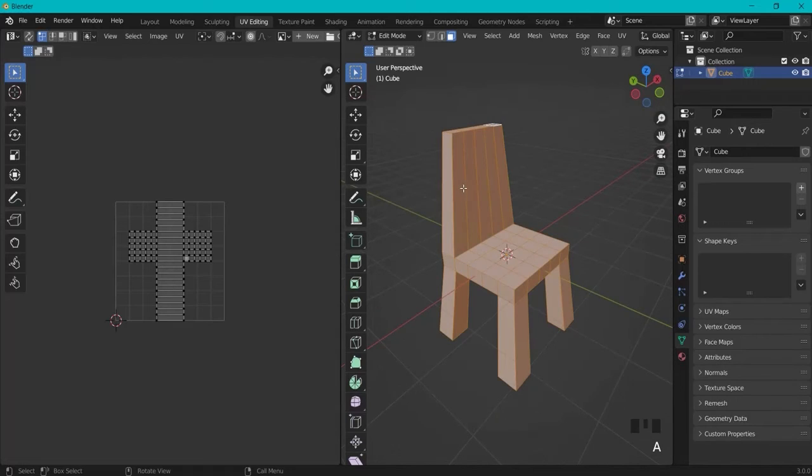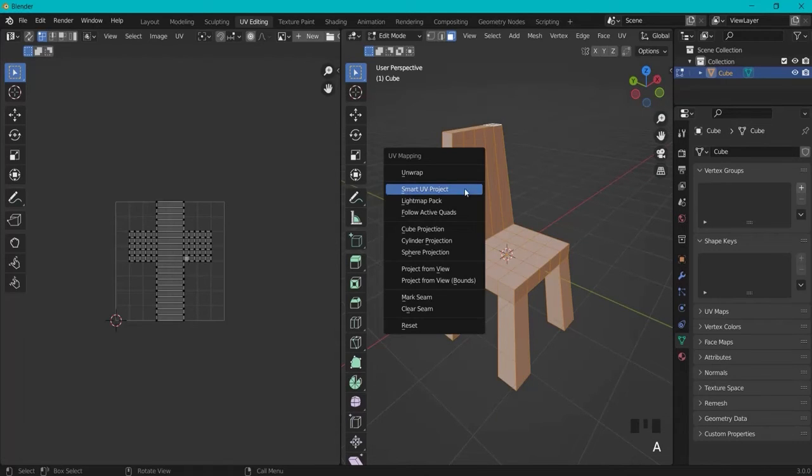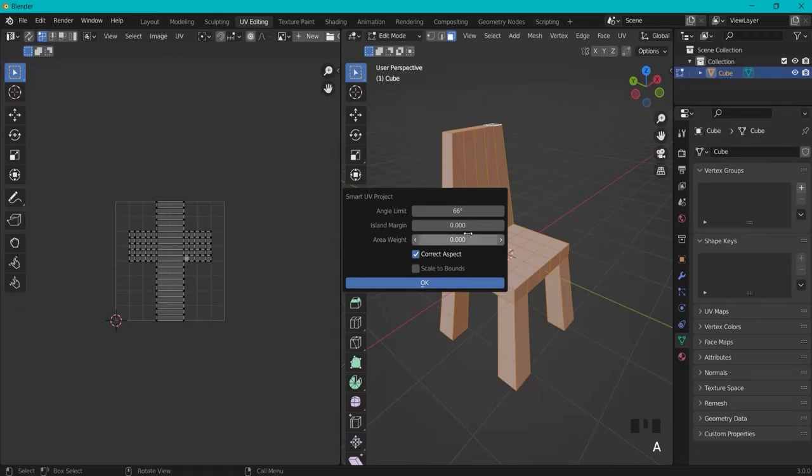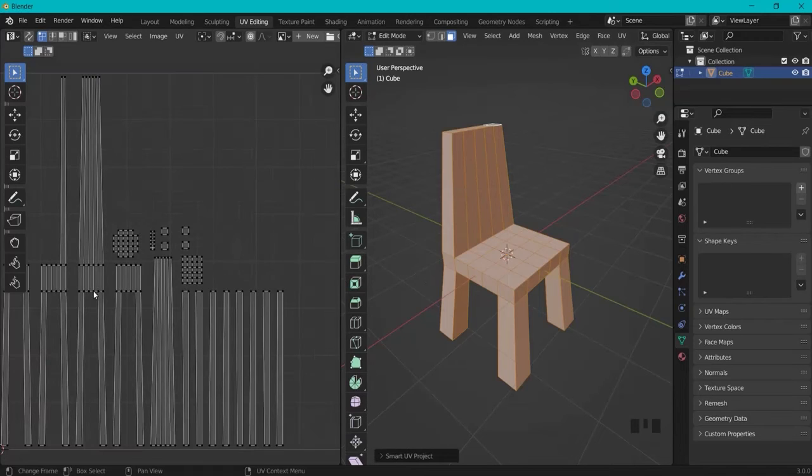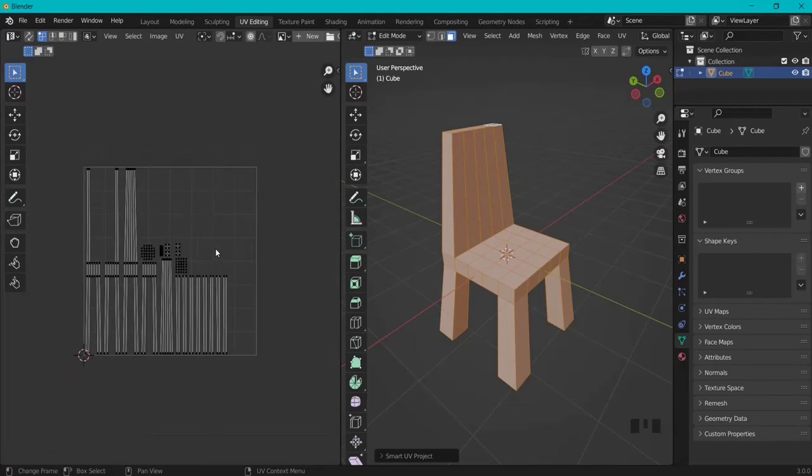With A, everything selected, click U and then Smart UV Project. Let's increase the island margin. So let's go to here, then hit OK. This island margin, make sure there is some separation in between, because right now what I can do is apply